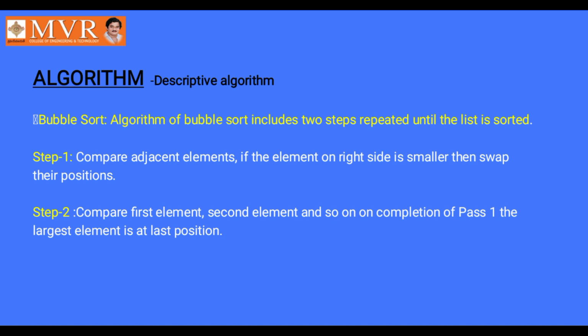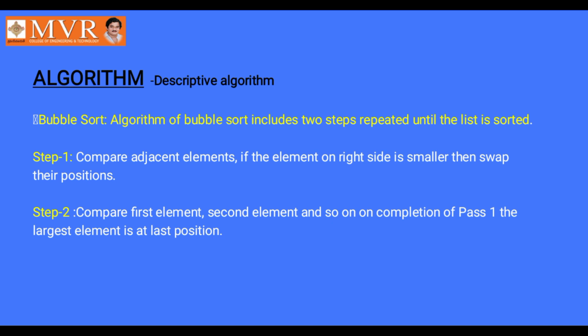That is, as I have explained earlier, comparing the first 2 elements, that is the first position element with the second position element. If both the elements are in ascending order, that is the before element is smaller and the next element is bigger, then no need of swapping. If the 2 elements are not in ascending order, then perform the swapping technique. Continue this process until all the elements are sorted.